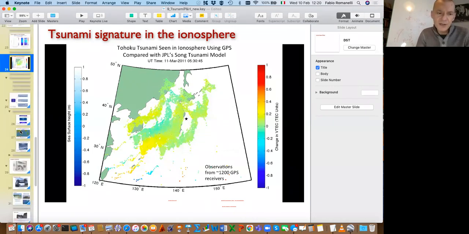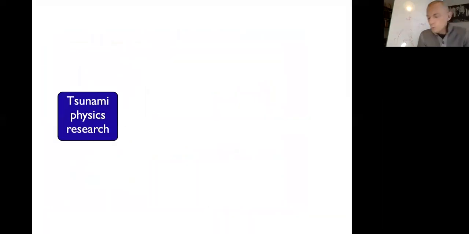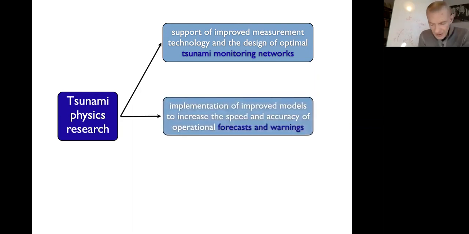Now the final slides are about a different problem, because we can use, with the different approaches of tsunami physics, different research lines. For example, the first one can be used also to monitor, like in a tsunami warning center or system, and you can do some modeling, for example, just to understand which one is the best place to put the buoys and so on. So it can help tsunami monitoring networks. The second, and you have seen it,